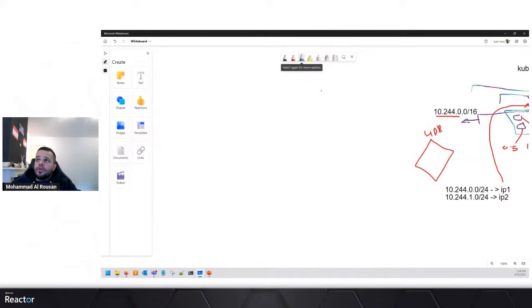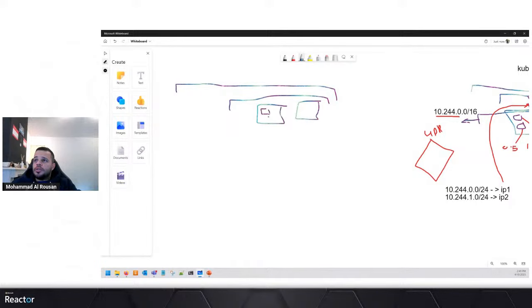While in Azure CNI, you have the VNet, you have your subnet, you have your virtual machines, the pods. From the subnet, the node will receive an IP, the pod will receive an IP from the subnet, and so on. So, routable IPs. This is the main difference between Kubenet and Azure CNI.